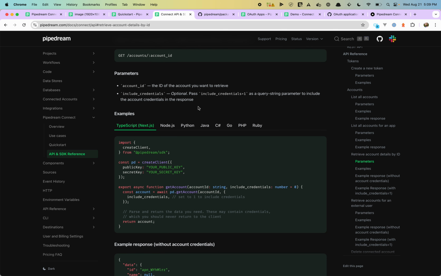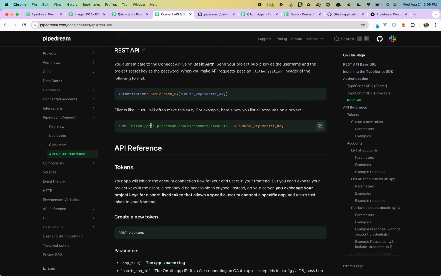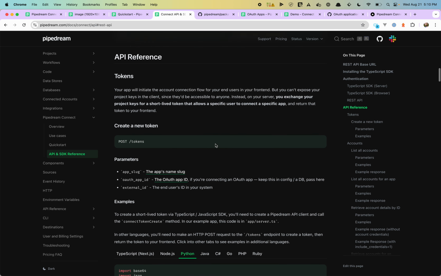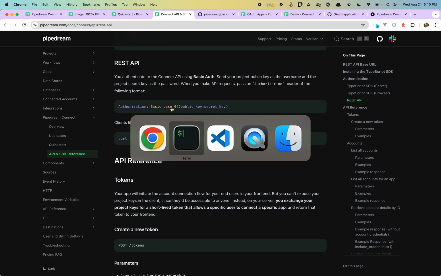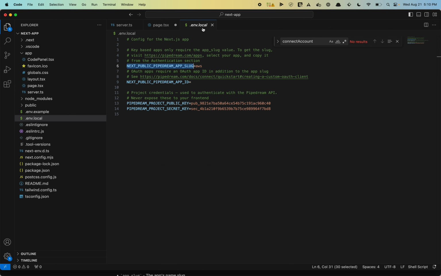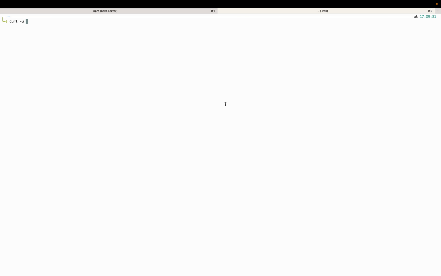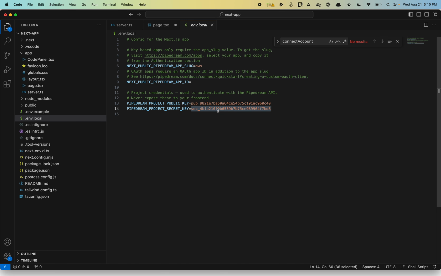So we use basic auth for the API. And with curl, when you connect to some URL via API, you just pass your public key and secret key in this user parameter, and curl base64 encodes it for you. Otherwise, you'll want to construct this. The example apps, the example code below shows you how to do that. So for curl, again, I'm just going to pass my public key and secret key. I'll get that from env local. curl -u, public key, secret key,